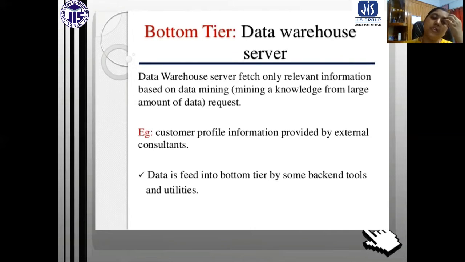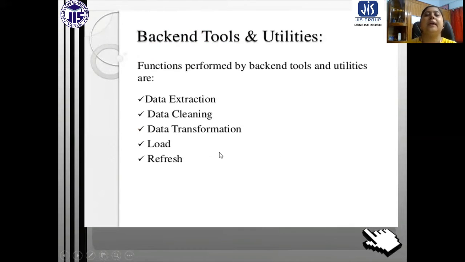Data is fed into the bottom tier by some backend tools and utilities. The backend tools perform functions like data extraction, which we know is basically data staging. Because the data source is not well organized, not formatted or well represented data, we need to perform data extraction, data cleaning, data transformation, load and refresh.